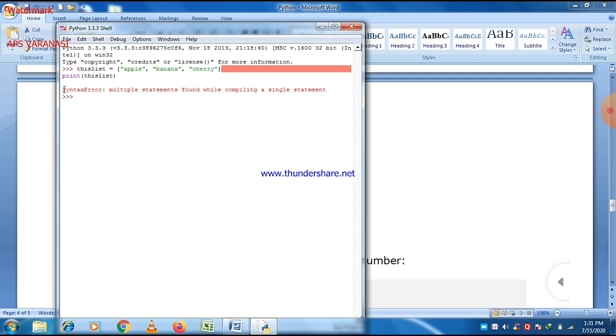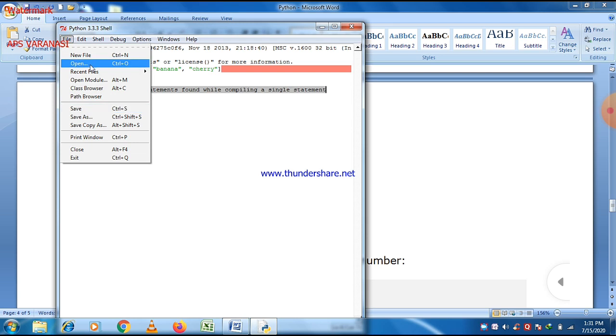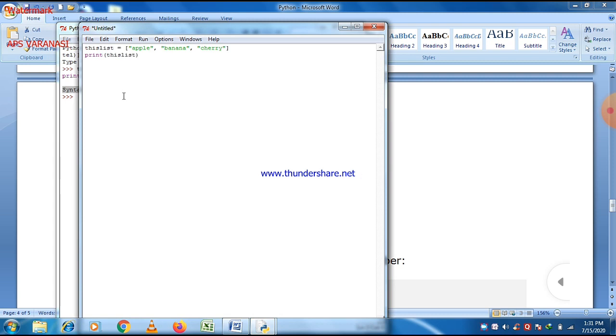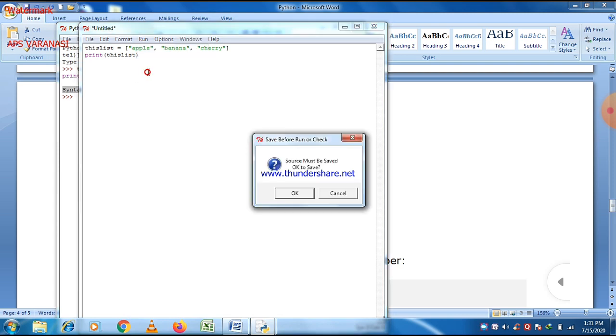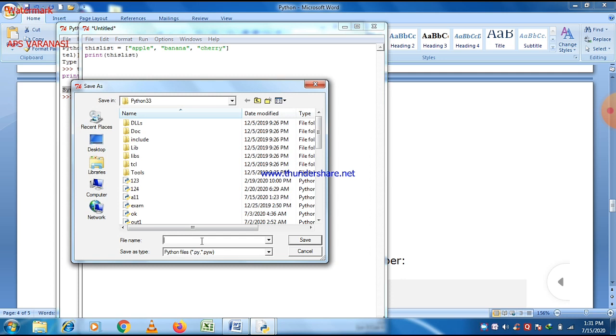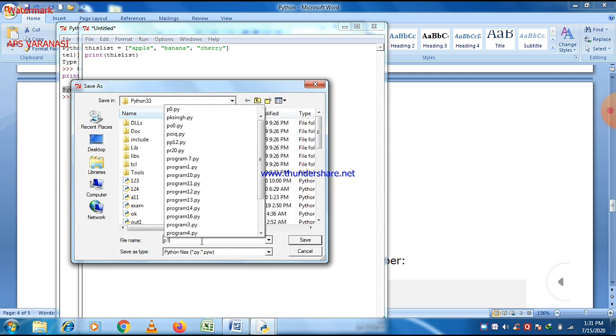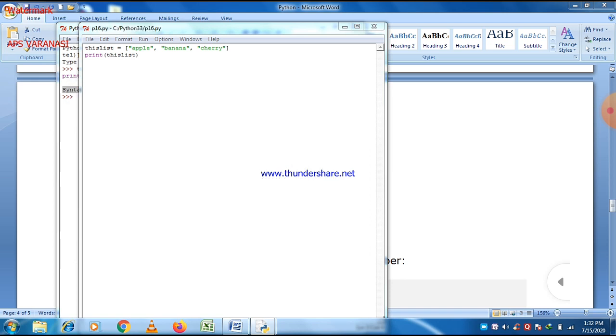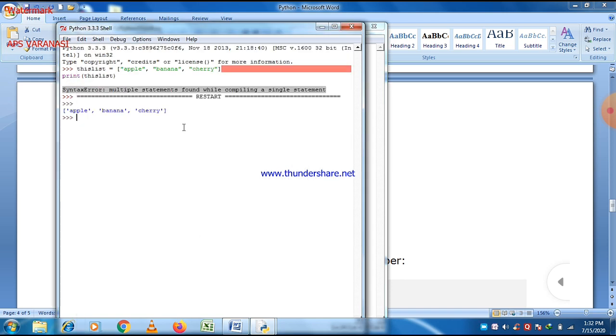Okay, there may be an error, and why is there an error? Because you pasted it in interactive mode. Interactive mode is designed to execute a single statement only. So here you can type a program and check it. Most of the time students make this type of error in computer labs, so I intentionally make this type of mistake.